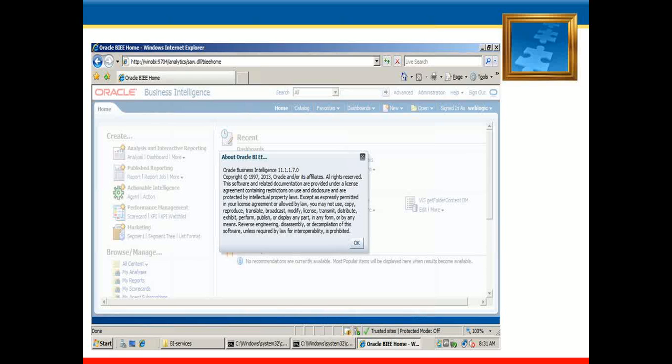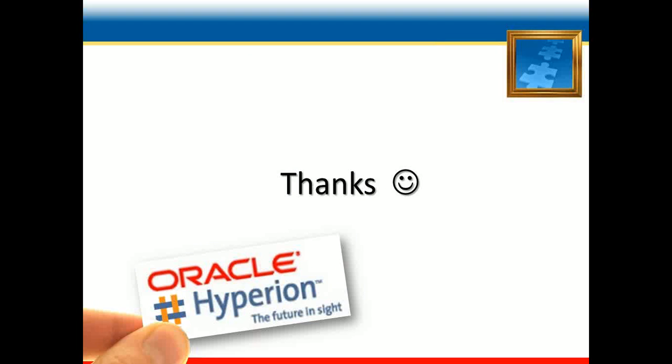I have just shown this screen to check the version from the previous to the new in-place upgrade from 11.6 to OBIEE 11.7. So okay, and